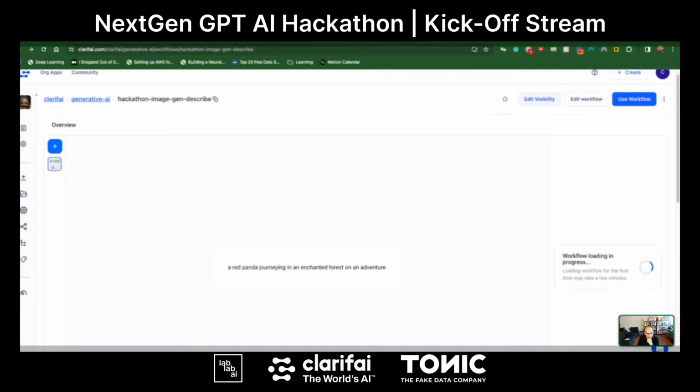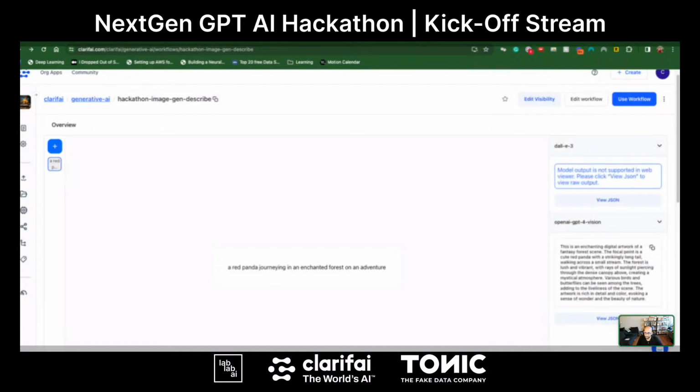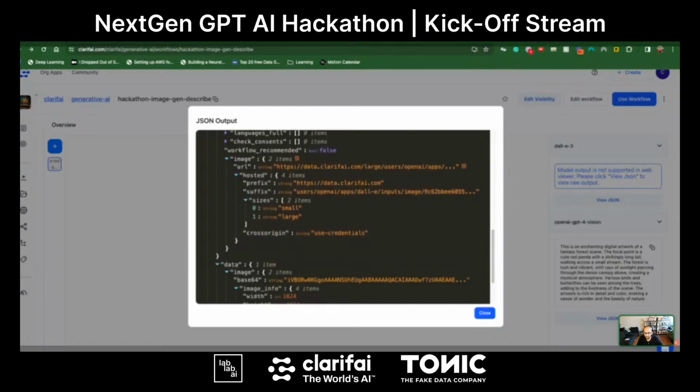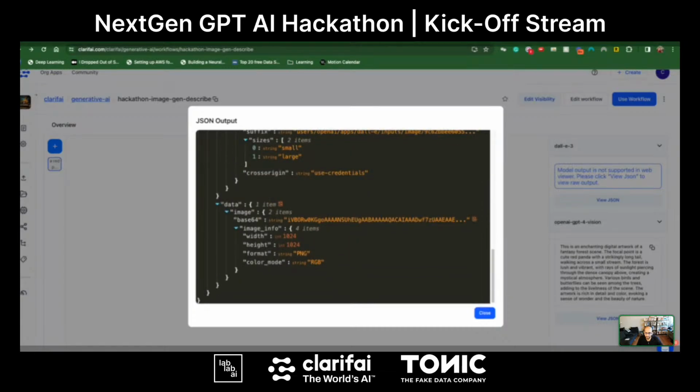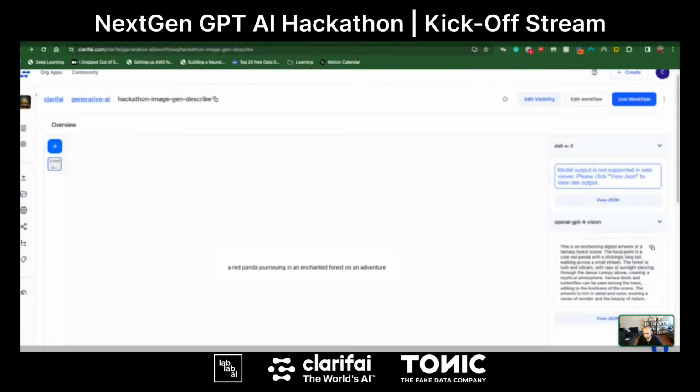Now, the first time you load up any model, depending on the model weight and type, it's going to take a few seconds, which in the case of LLMs and generative models can be multiple seconds, to spin it back up. But once you have it up and running, the response time from that model, that workflow, will drop down. Now, this has generated an image within the JSON. If you remember the Streamlit module I built for Stable Diffusion, all I was doing was going through that JSON, or my script was doing it, and reading this base 64 string and displaying it.